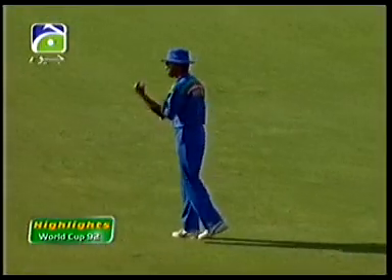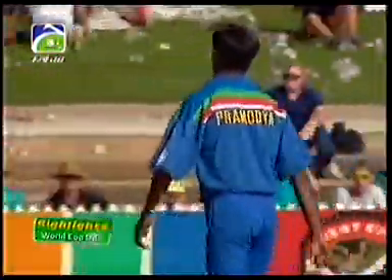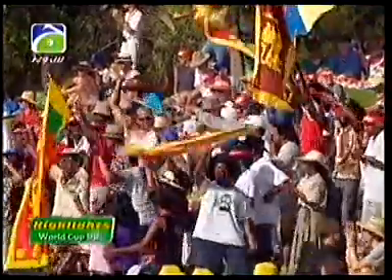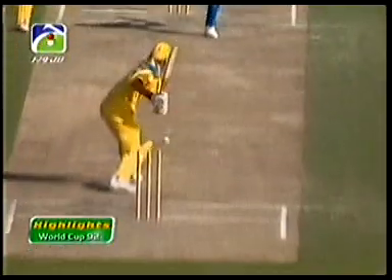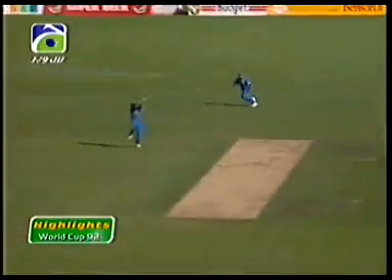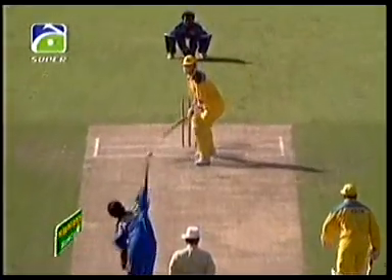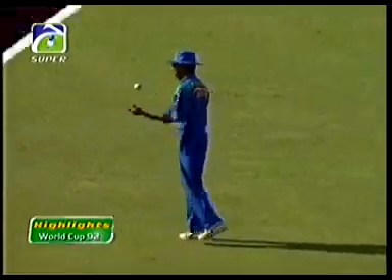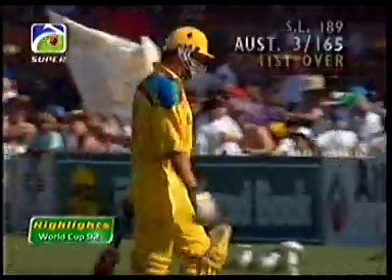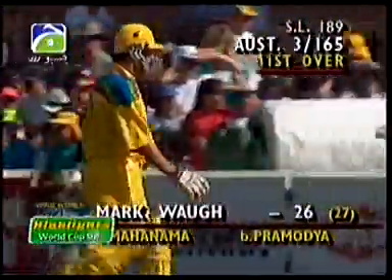He tried to go over the top again there, Mark Waugh, but he's only holed out to mid-wicket. Wickramasinghe, I'm sorry, picks up a 2nd wicket. Tom Moody out in the same way. Well, that's a good breakthrough for Sri Lanka. And they're pulling down the catch. Once again, 2 for 165 becomes 3 for 165.